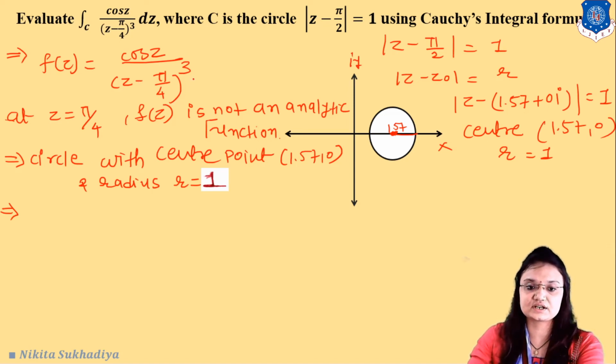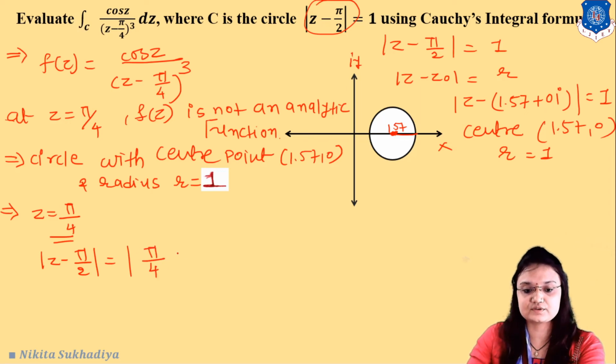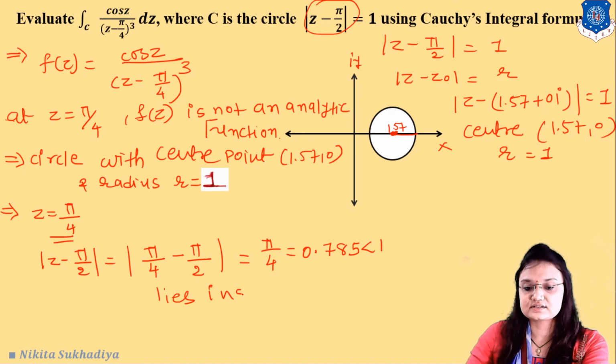So first of all, let us check whether z = π/4 lies inside the circle C or outside the circle C. Okay, so here we have z = π/4. So let us check. Suppose z = π/4 over here. So here we have z - π/2. Suppose z = π/4, so this will become π/4 - π/2. So now we have π/4, so this is 0.785, which is less than 1. So we can say that z = π/4 lies inside the circle